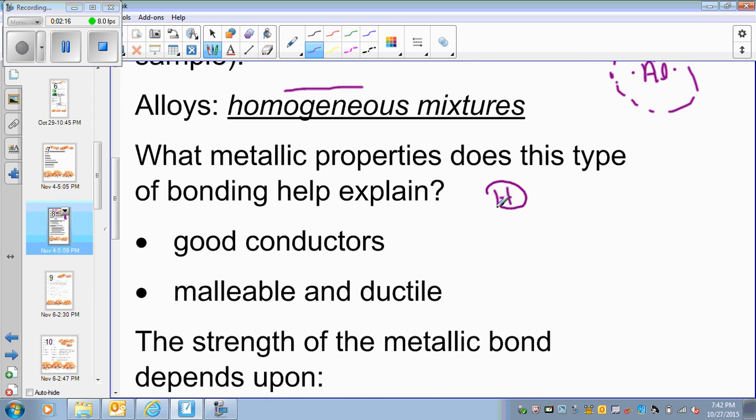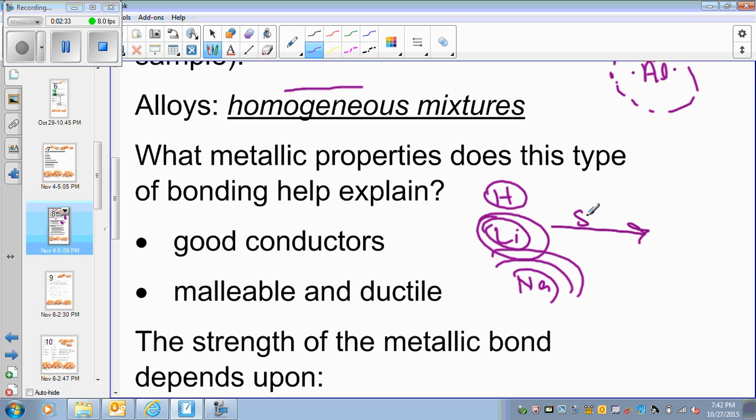As we know, the size of the atom gets bigger as we go down the group, like sodium is larger. So as the size gets bigger, the metallic bond gets weaker. If the size is smaller, the metallic bonding gets stronger. So the smaller the size is, the stronger the bond is. The larger the size of the atom is, the weaker the bond is, because if the size is too big,